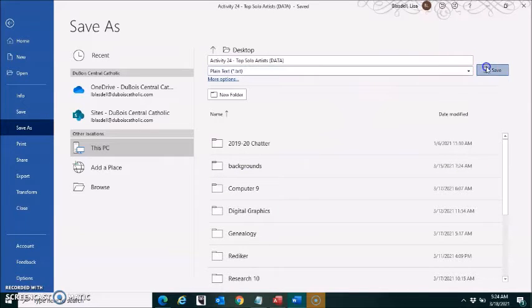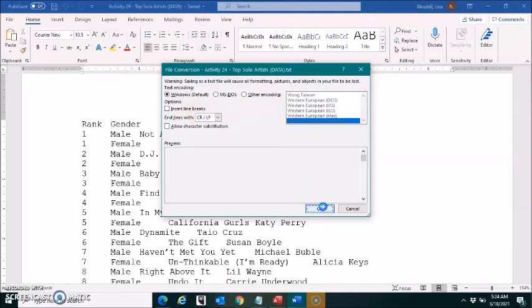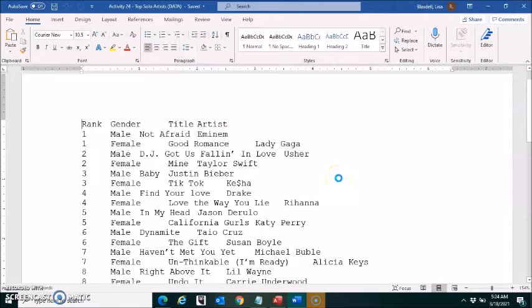Okay, so when you do that, it might say it'll cause problems and so forth. And you want to say, okay, I'm good with that. Okay, because you just want the text. It's going to lose formatting. Well, all you need is text and tabs, so you're good to go. So once you close out of there,